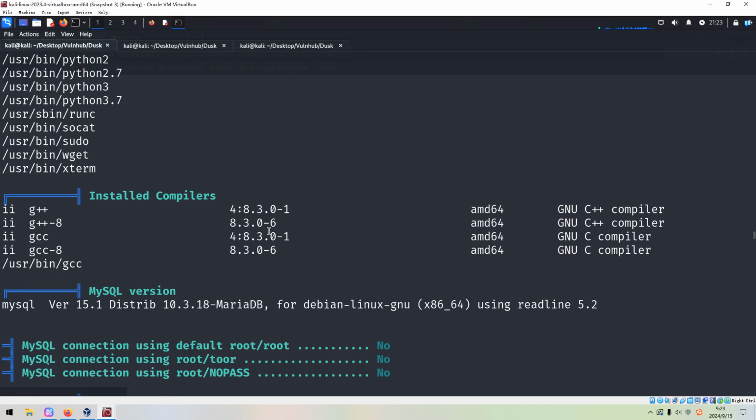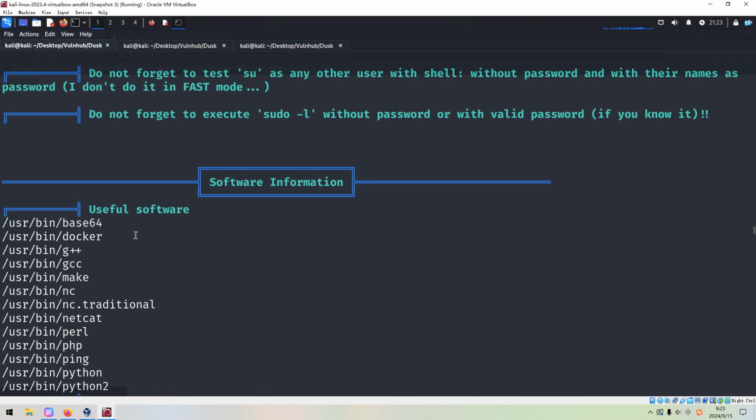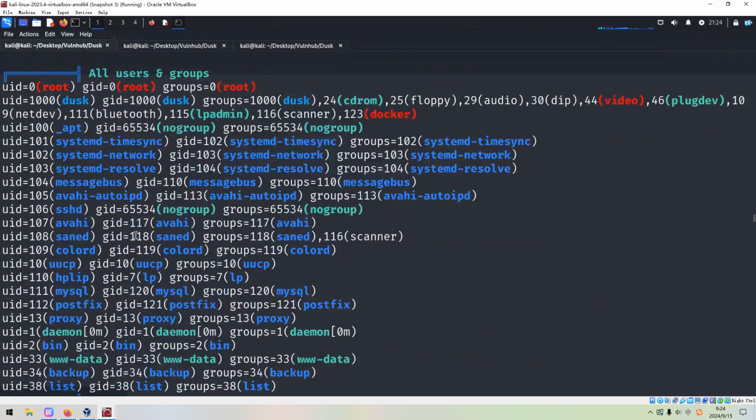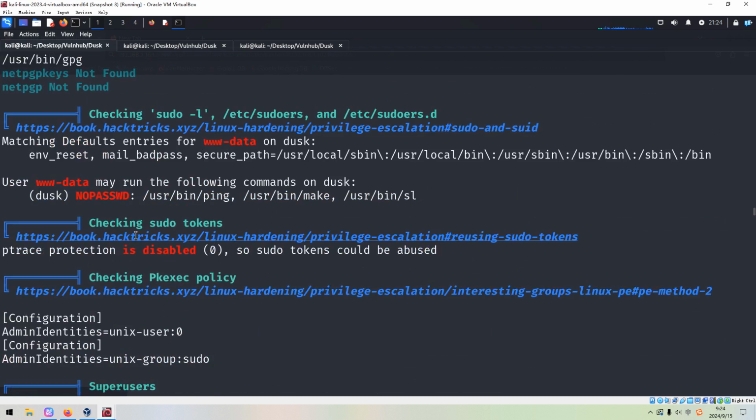Installed compiler, GCC is there, but just as I said before, the kernel is not easy to exploit. The current user, very weird.